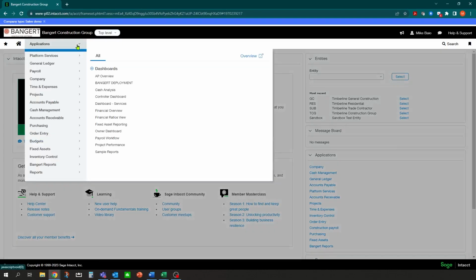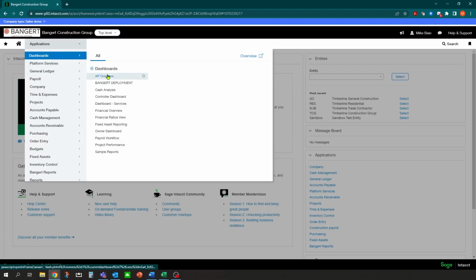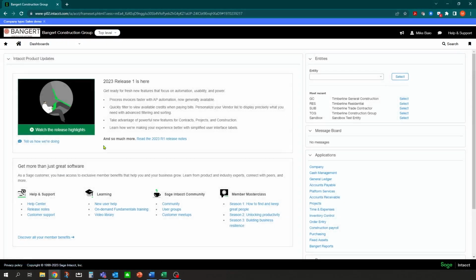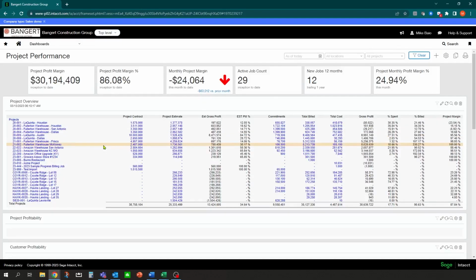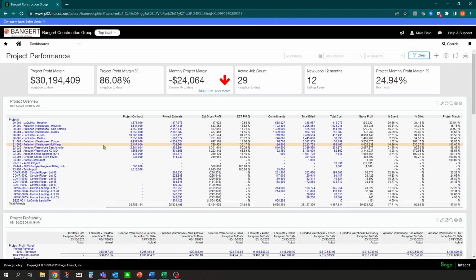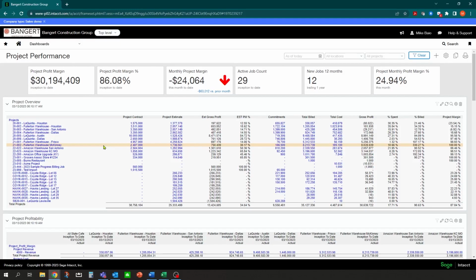We're going to go into something called dashboards. In dashboards, you can have a default look and view based on the individual needs of the user when they log into the system. One of the samples we're going to go into first is a dashboard called Project Performance. Inside Intacct, you have the ability to view information that is relevant to what you want to see on a day-to-day basis. For example, if I was a project manager, I may want a look and feel like this,